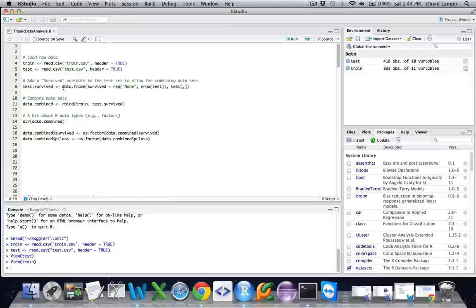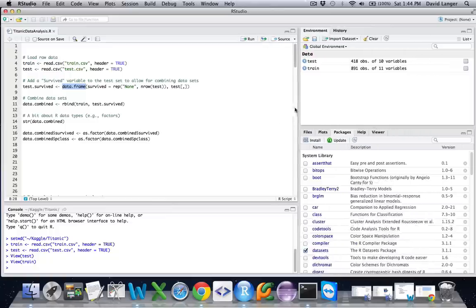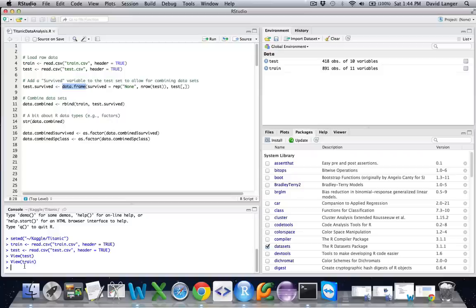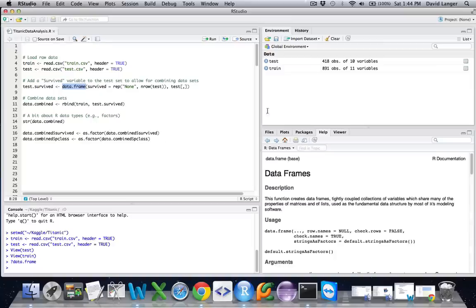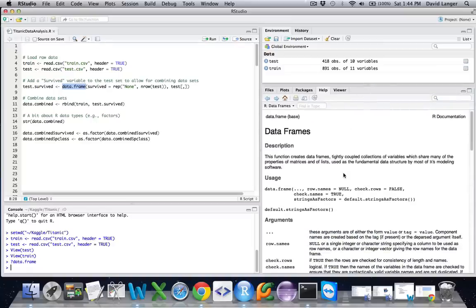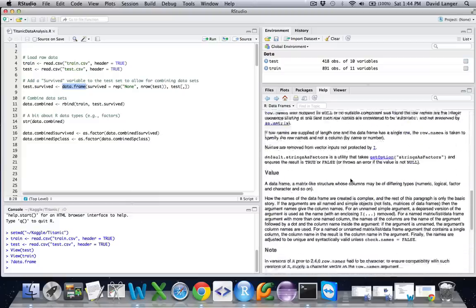So the first thing that I'm going to do is use the data.frame function. Now the data.frame function allows you to create new data frames, oddly enough, or intuitively enough, depending on how you look at it. And one of the cool things about R is that it has a pretty rich help system. So for example, if you ever wanted to know more about the data.frame function, you can go down here to the console, type ?data.frame, hit the enter key, and what you'll get over here is some help on the data.frame function from the R help system.